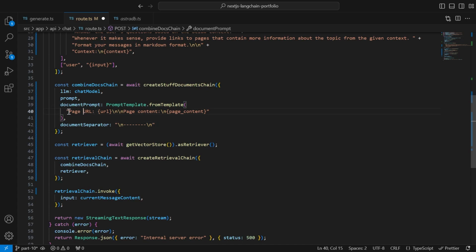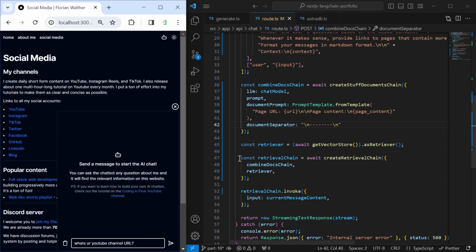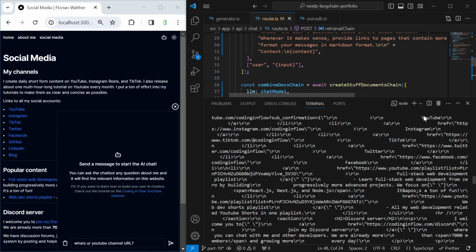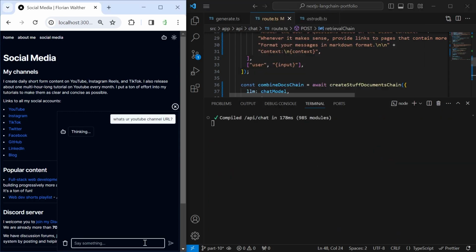So now each document will be formatted in this way, and each document will be separated with these dashes, and the LLM is smart enough to understand that these are separate documents. In this regard, it's almost like a human, like you can send data to it the same way you would format it for a human, and it will understand it, probably. Let's save this and try this again. So again, I want to ask a random question, and then I want to look into the console and see the output here. But let me first clear the terminal, send a new question,